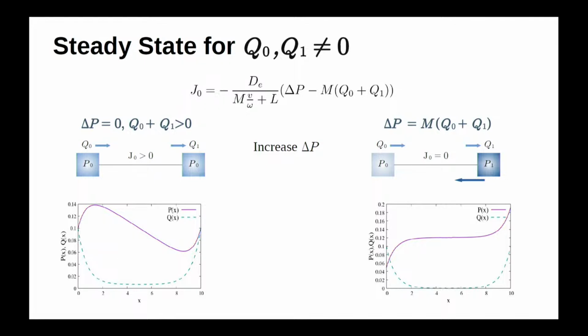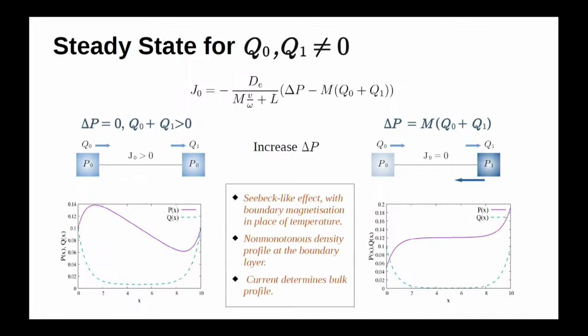But somehow the similarity is achieved, where these Q's here act like temperatures, and here they act like some kind of external force. Another consequence is that in this case the density profile is actually constant in the bulk and the magnetization is almost 0. So unlike the passive system, where the density gradient gives the density profile, here the current controls the density profile more, and this is the summary of this case. So this is the steady state result of the boundary-driven process.